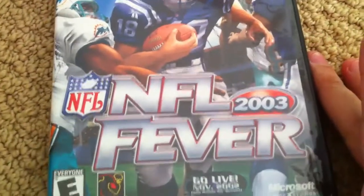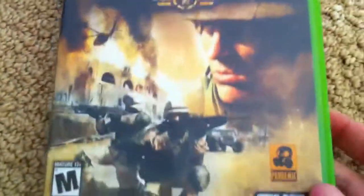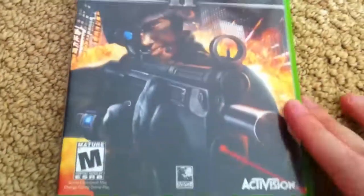Speaking of original Xbox games, I did pick up a few more for my collection. Actually, quite a few, to be honest. First one is NFL FIFA 2003 and NFL FIFA 2002. Moving on, I got MotoGP 2, Gun Griffin Allied Strike from Tecmo, Full Spectrum Warrior from Pandemic and THQ, Soldier of Fortune 2 Double Helix,